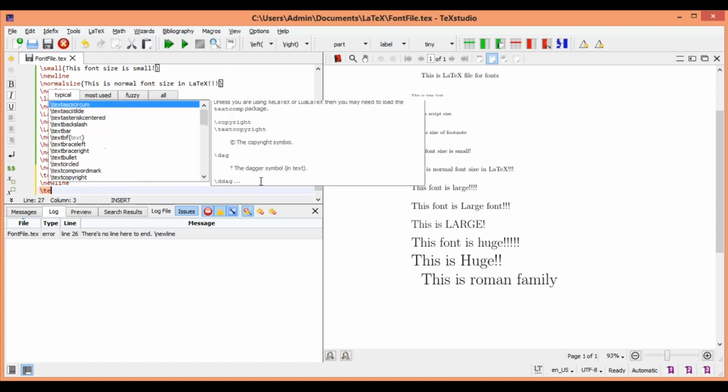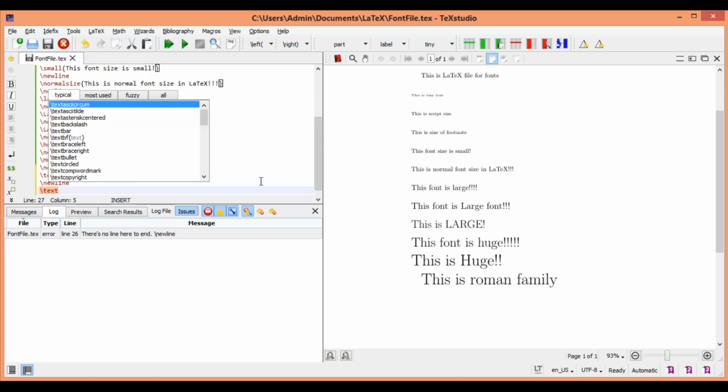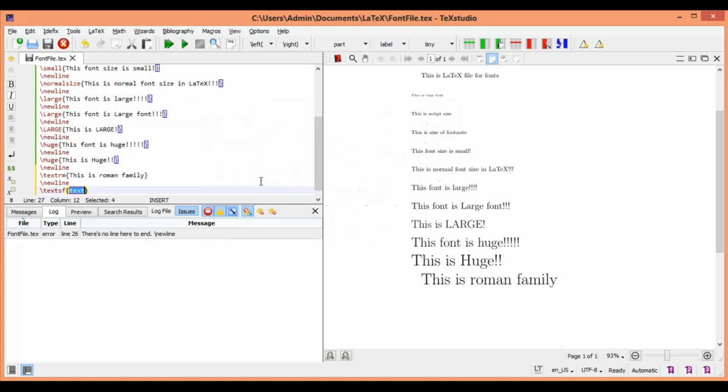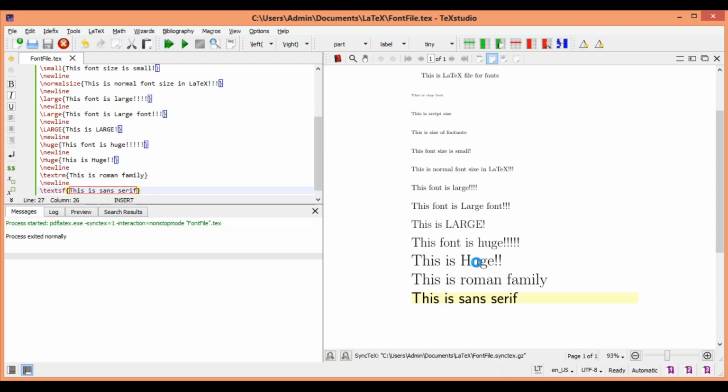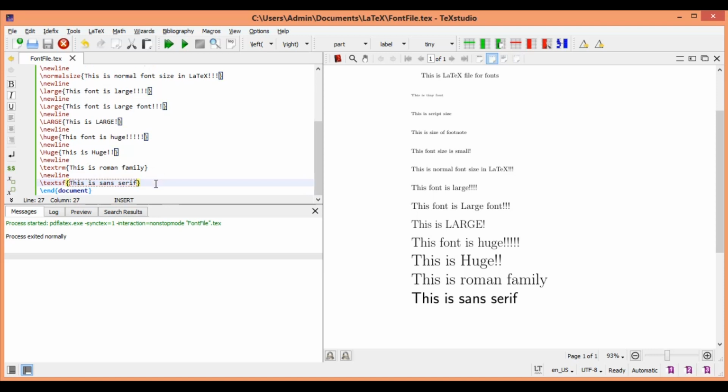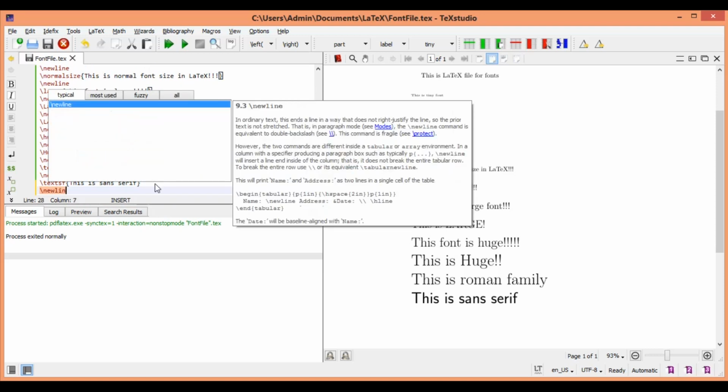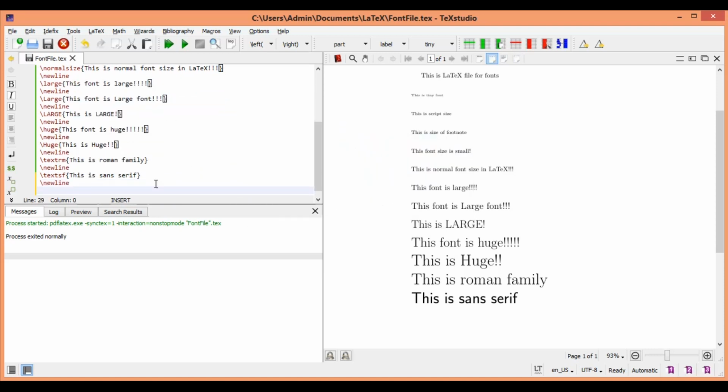Let's check that. So that says textsf. Okay, and here this is sans serif. This is supported by LaTeX. Okay, now you see how it looks different. Now the next one that is supported, let's check that out also.